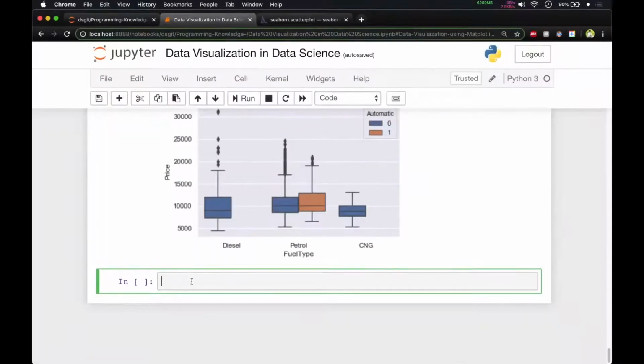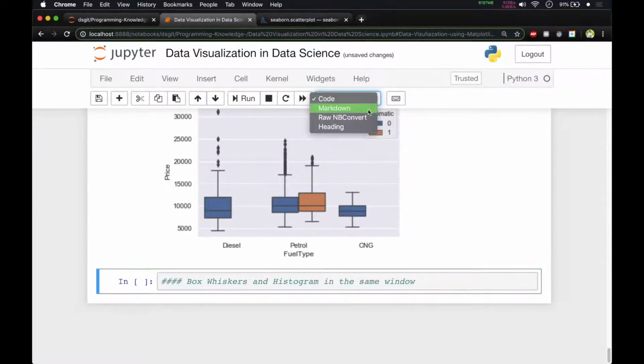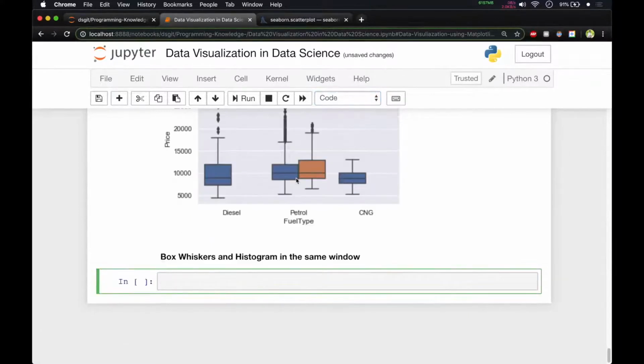So we'll first add a heading, box plot and histogram in the same window, and we'll make this as markdown. Now we'll write our code. So first will be the figure, for that we have used the f variable, and the second one would be the axis. So I will give the axis, first parameter is ax_box, and second parameter would be ax_hist,